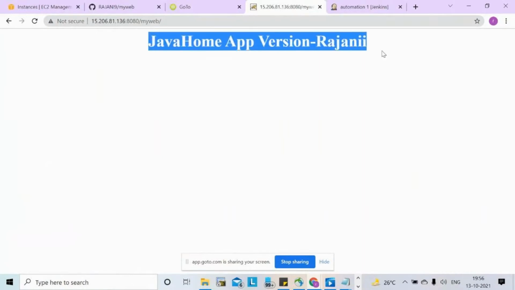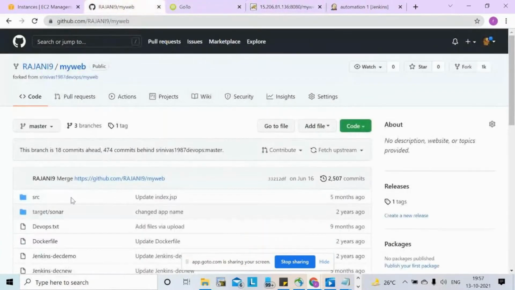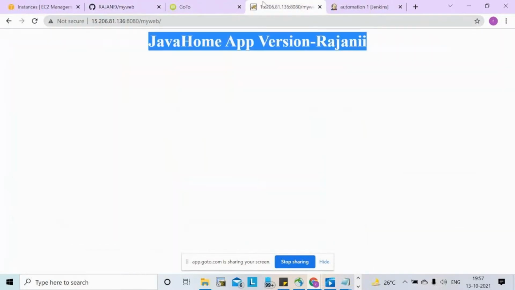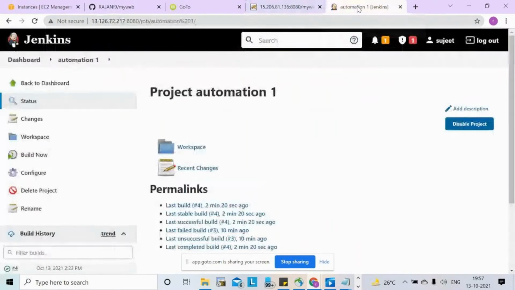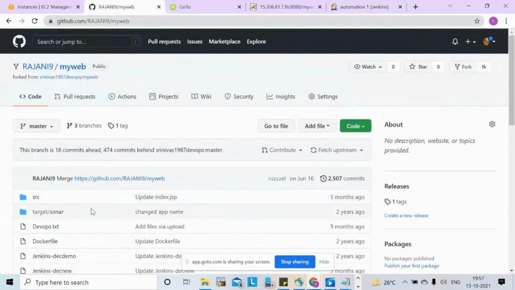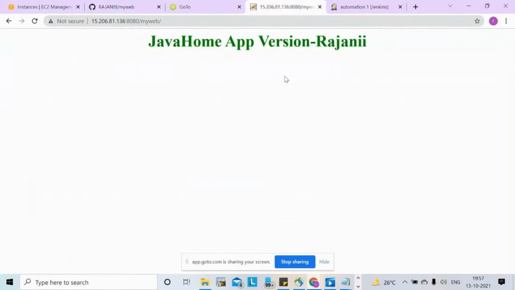In Git, what was under my web, those files will be deployed in the Tomcat server, right? Yes, these all files will be deployed in Tomcat by continuous integration with Jenkins. So if we go and see the Tomcat server, all of this will be there, right? Yes.